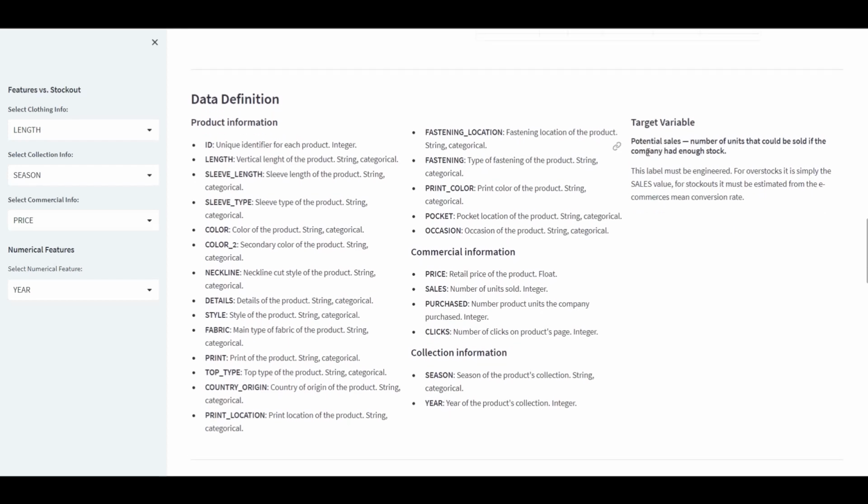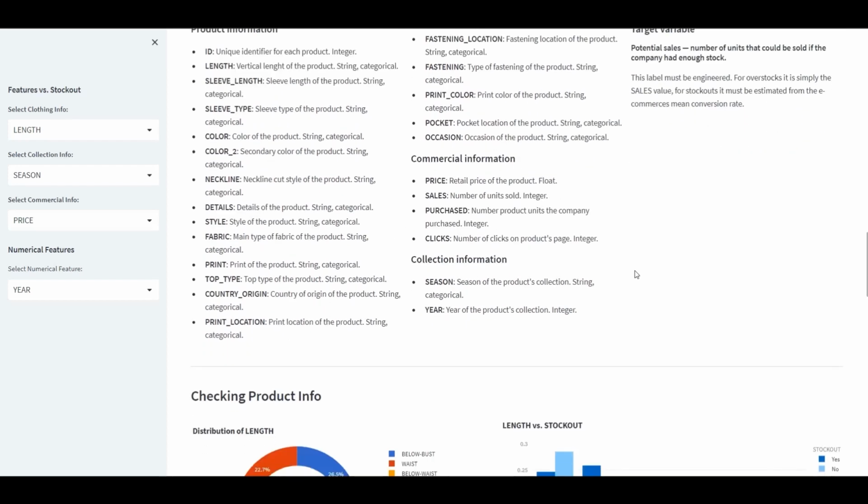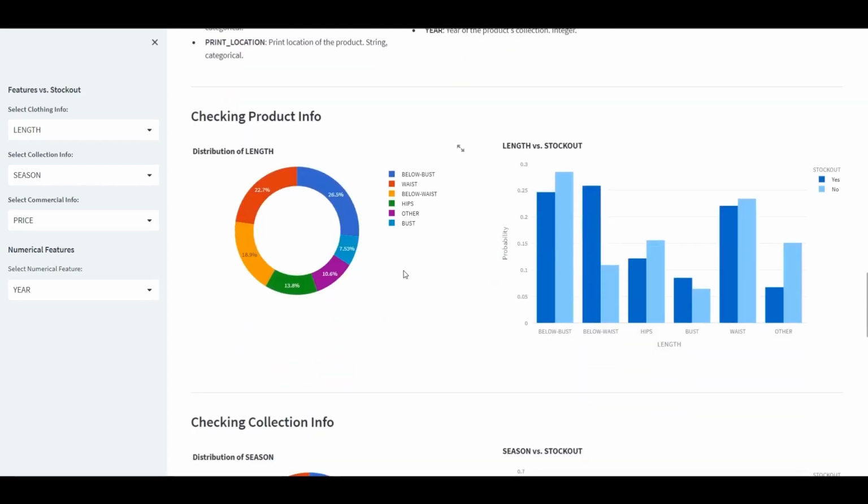And your target variable is your potential sales, which is the number of units that could be sold if the company has enough stock, right? This is your true demand forecasting. Again, like we said, for the stock out, it must be estimated from the e-commerce mean conversion. We are using mean conversion rate to try to predict the stock out product. So let's jump into some detailed